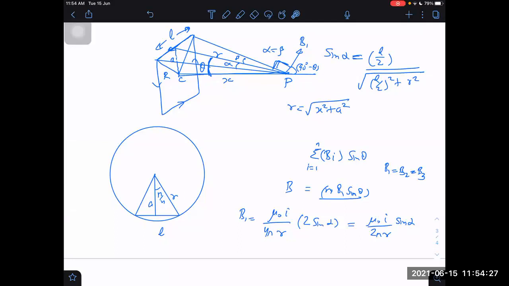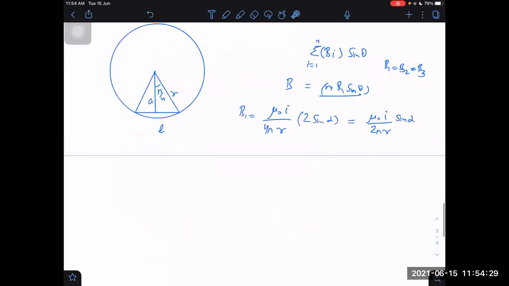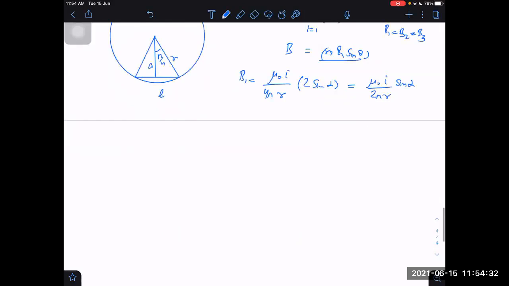Right. Now let us say they are not giving us the r distance. What are they likely to give? They may give that there is an n-sided polygon with side length L, and at a distance x from the polygon we are to determine the field. How will you do it now in terms of known variables? First of all, I don't know what A is here, but I can determine it. I don't know r also.